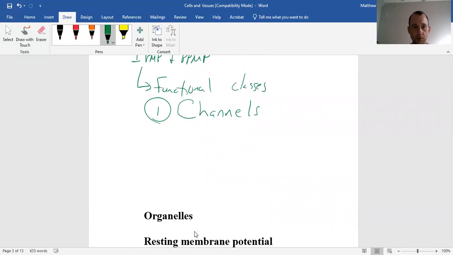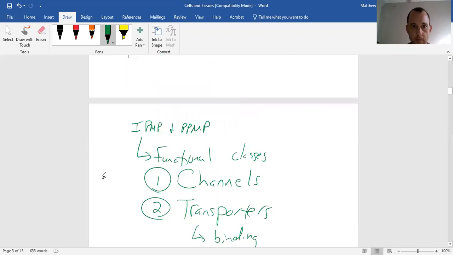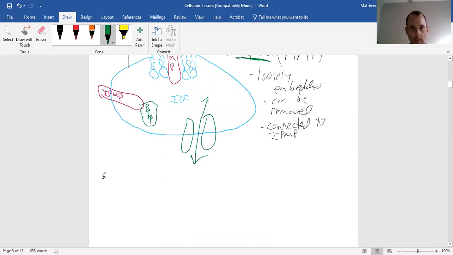In addition to channels, there are transporters. Transporters are a little different than a channel because it requires binding. You actually have to attach to it in order to bring it in. Look again back in my picture. This channel does not require any binding. It can just move through the channel from one side to the other. If it's a transporter, on the other hand, it requires actual binding. There's usually a binding site,